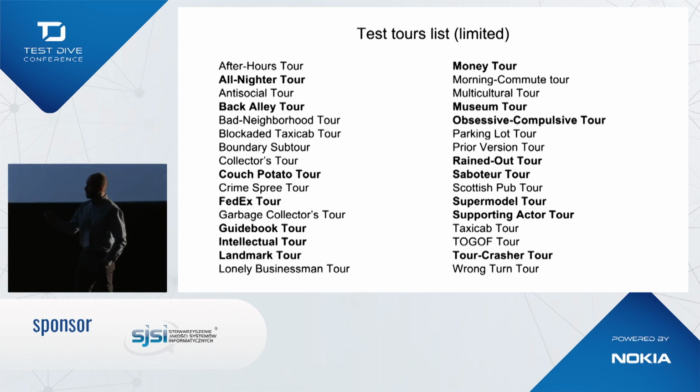Okay? Another thing is the guidebook tour. That means that we have to concentrate on the most important features in our system. So as we read in the guidebook, okay, you have to visit this place and that place because you have paid for the tour, so you would like to visit them. And the same way we will go to the software. If the customer pays a lot of money for, for instance, some program dedicated for printing, you should have printing there available, no? Of course. Another one.